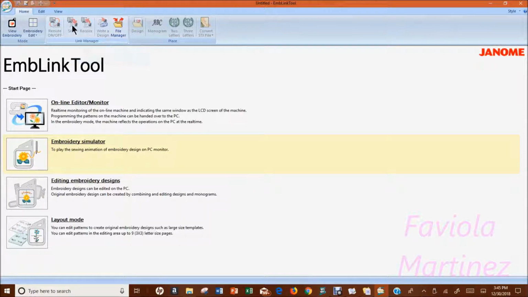Send and receive, this is where we can use these buttons once we've got a design in our design field to send them back to our sewing machine or to receive designs from the sewing machine. Writing a design, this will be putting a design directly onto the USB stick. File Manager is a really handy thing for,